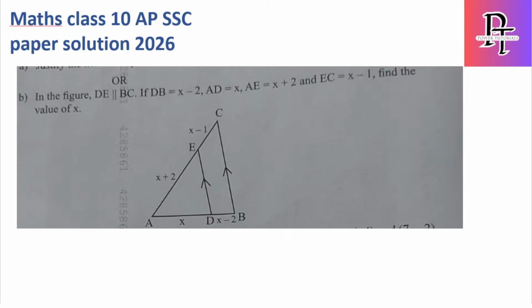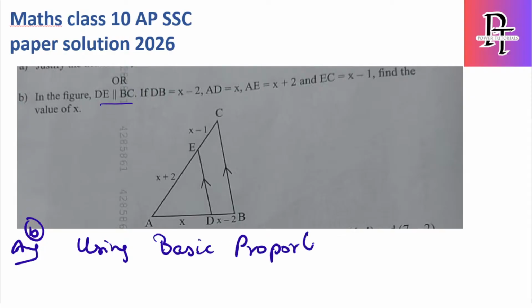Okay. Let's see the B part now. So for the B part, it is similar triangles concept, and not only similar triangles, you can also use the BPT theorem to solve it much faster. Okay, so if you notice here, ABC is a triangle and DE is parallel to BC. So as per BPT theorem, what we have said is that if a line is drawn parallel to one side of the triangle, then it divides the other two sides in the equal ratio. So here I will write, using basic proportionality theorem,